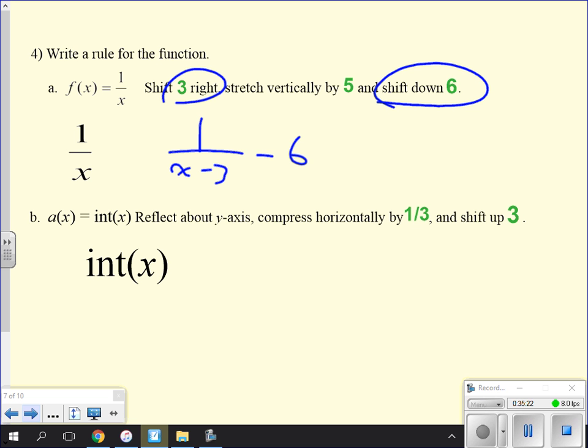What has gone over and down in this case? Because it's 1 over x, my asymptotes have moved over. Instead of being the xy axis, I've taken those crosshairs and moved them over. My graph still fits within those 2 lines. And now I have a stretch vertically by 5, which means it goes 5 times as fast, which would mean that I want to have